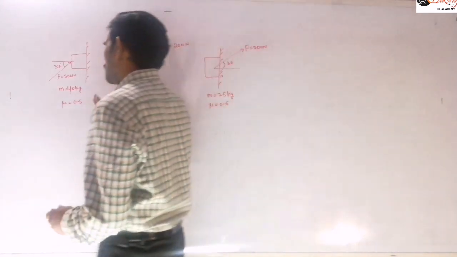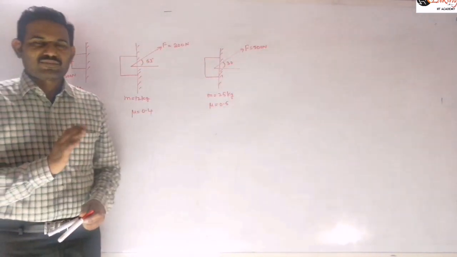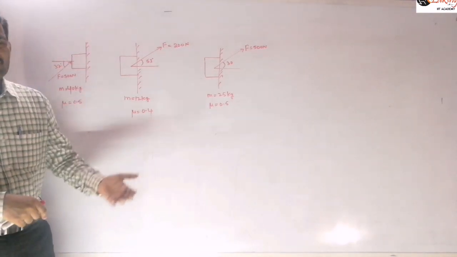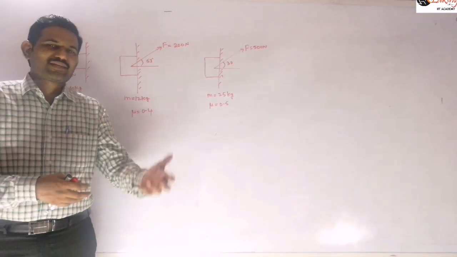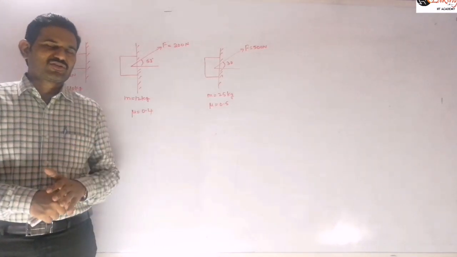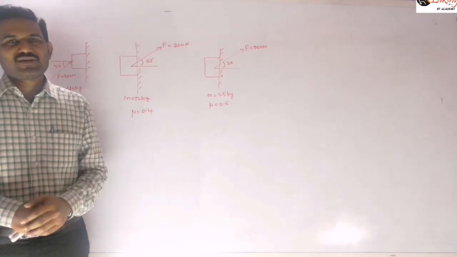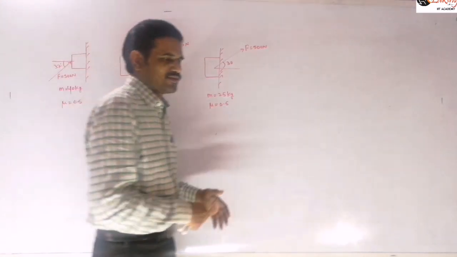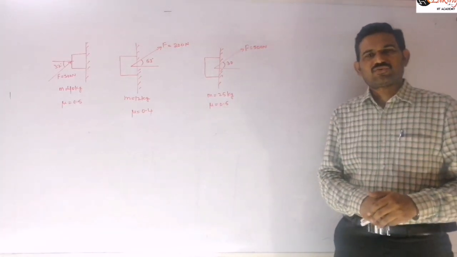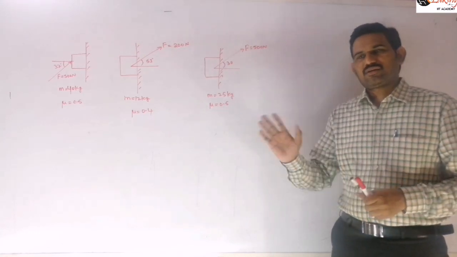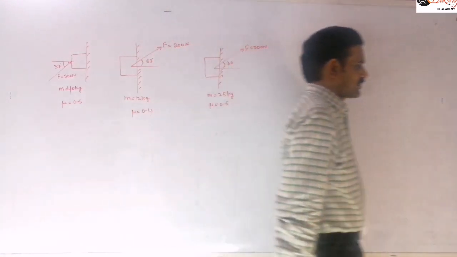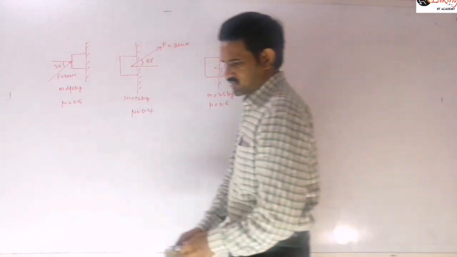Just resolve the forces into components and identify which force is larger and then decide the direction of the friction, whether the friction is upwards or downwards. Then decide the magnitude of the friction. Generally, whenever the question is about friction, even though it is not required, you need to calculate the limiting friction. First calculate the limiting friction, and compare the friction you are getting, whether it is less than or greater than the limiting friction. After comparing, you can decide the value of the frictional force, right? So solve those problems. I'm not explaining those problems, you can solve them easily.